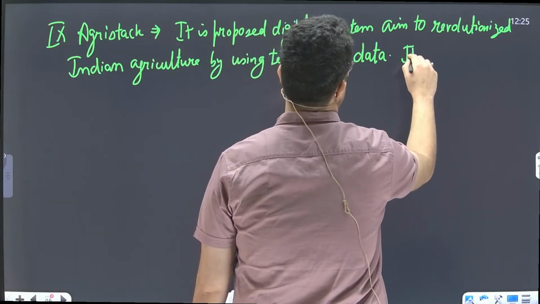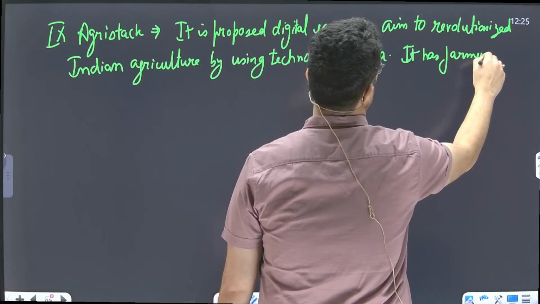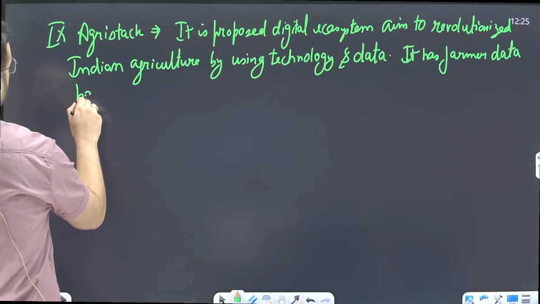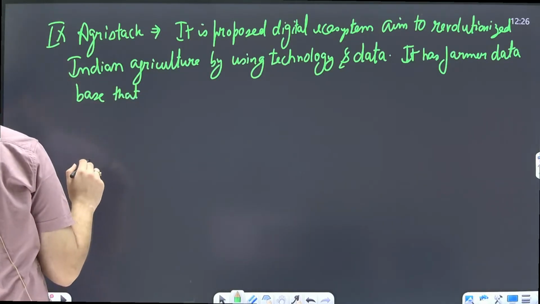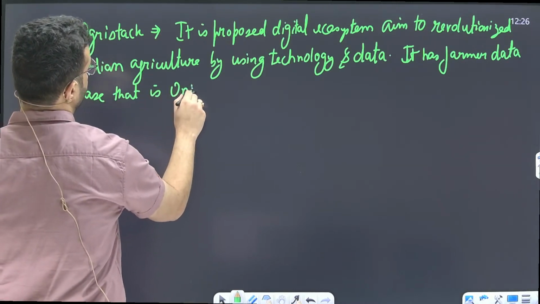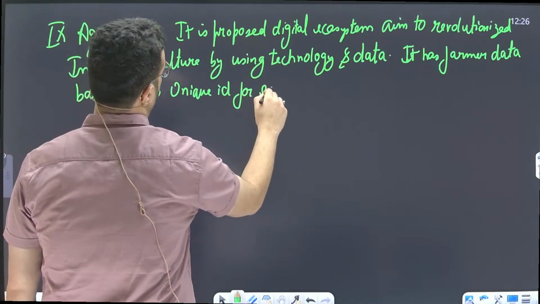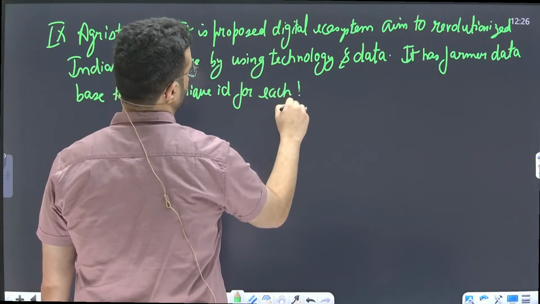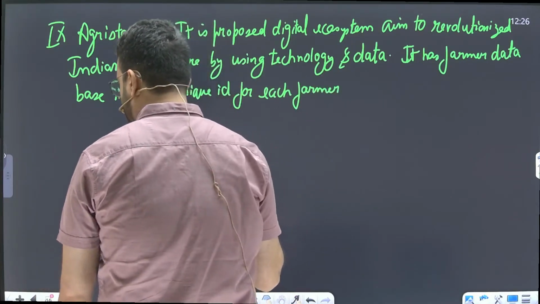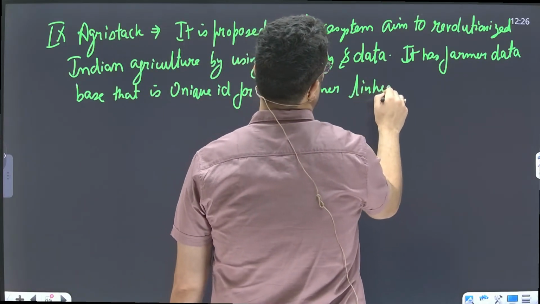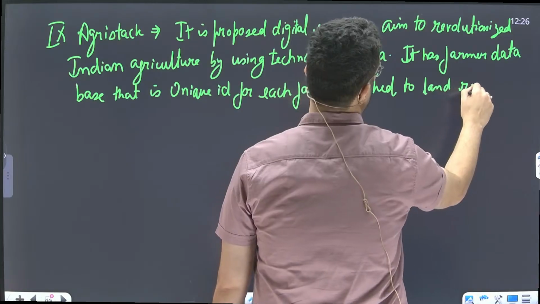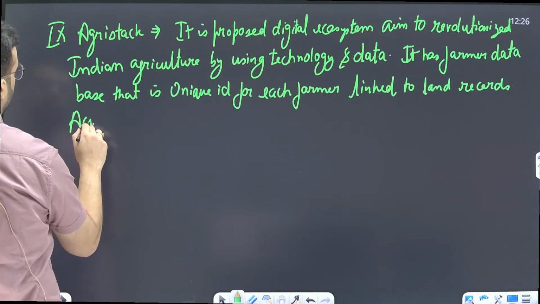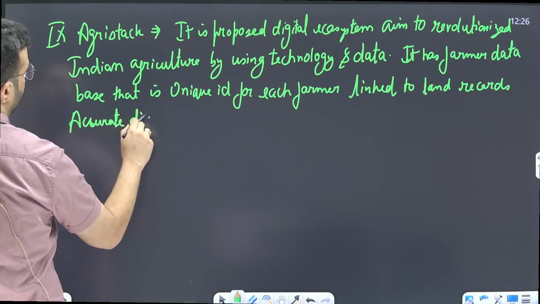It has a farmer database, that is a unique ID for each farmer, linked to land records, accurate digital mapping,